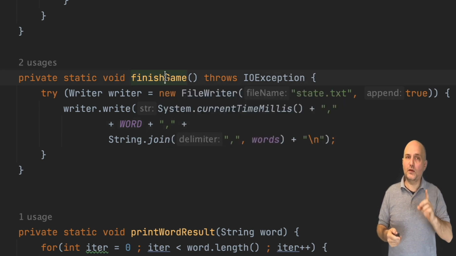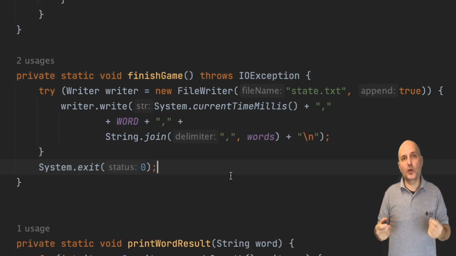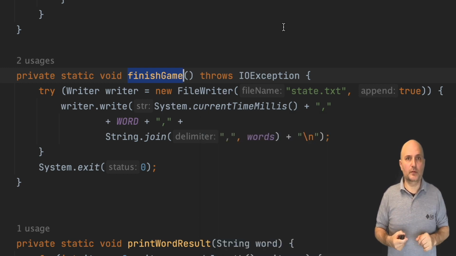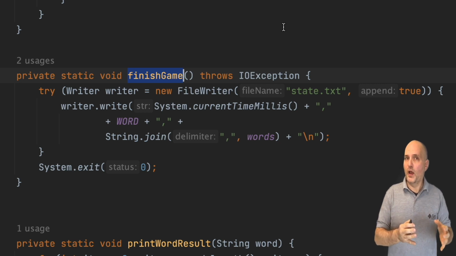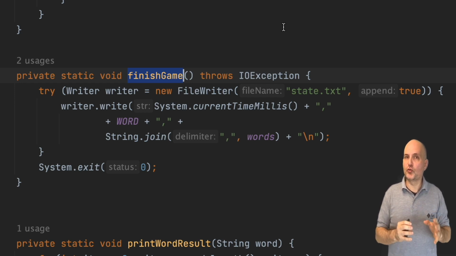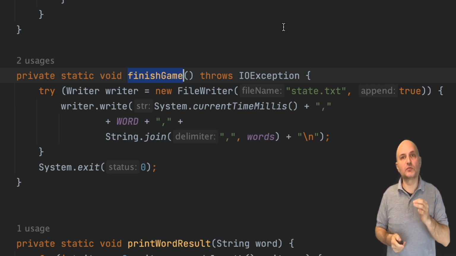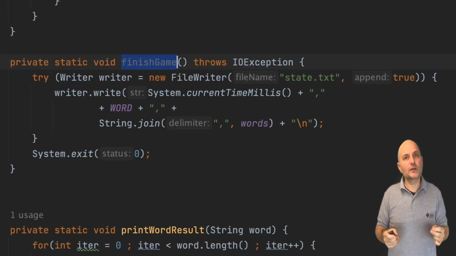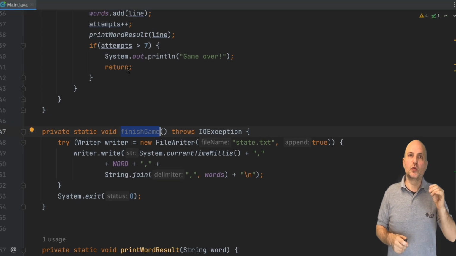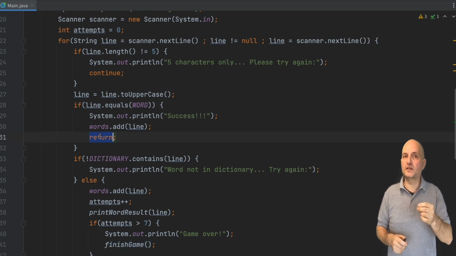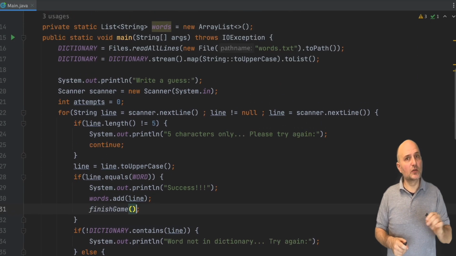And now we have one final big problem to solve. The code that we want to replace is a return statement. That won't work here. We need both a method call and a return statement so the application will exit. Luckily, we can remove the return completely. Java has a system.exit API call that lets us exit the application entirely. With that, we can now scroll up and update the return statement to invoke finish game. We replace all the return statements in the code with the finish game calls. These will exit implicitly, so we no longer need a return call.